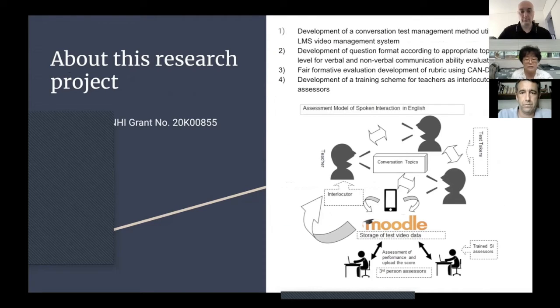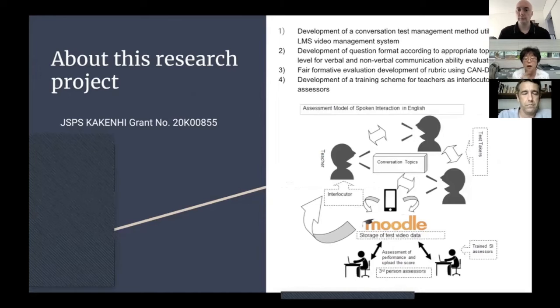And then in the next slide, you can read these 4 points. By the way, this is supported by the Kakenhi grant. If you take a look at this chart, the teacher assessor interlocutor will talk to the students, and two test takers will interact with the interlocutor. Sometimes the interlocutor and the test taker, or the test takers between themselves, interact,